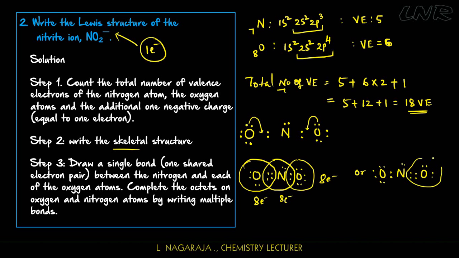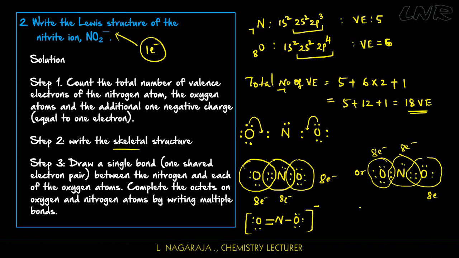So this oxygen contains 2, 4, 6, 8 electrons, and this oxygen also contains 8 electrons, and this nitrogen also contains 8 electrons, right? So the molecule is to be written as NO and the remaining 3 pairs of electrons, and it is double bond O and 2 pairs of electrons, and there is one negative charge on the molecule,